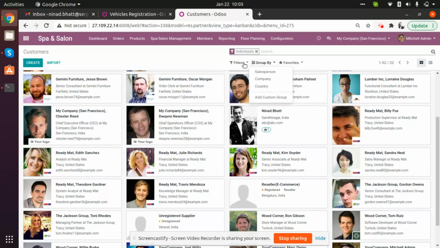So we are having again this filtration and group by option. If you are having many such customers, and if you want to search within them, so the filtration and group by option can help you out with these features. Right. So this is all about how we are managing orders, how we are managing POS stations, how we are managing services, payments, and our customers. Right. So going further,